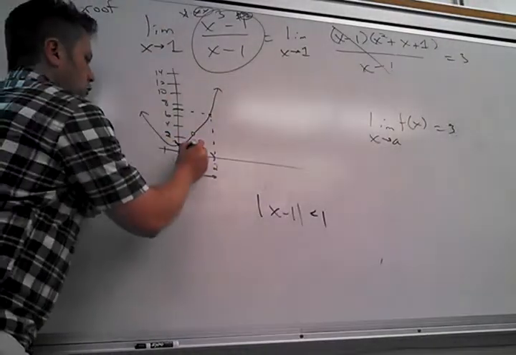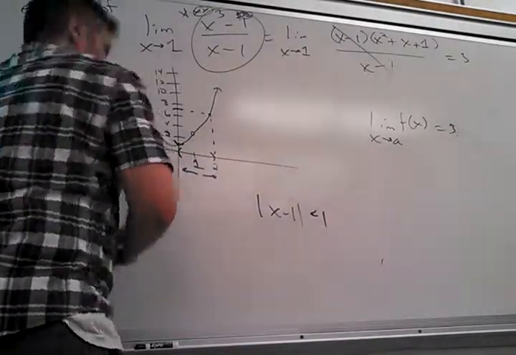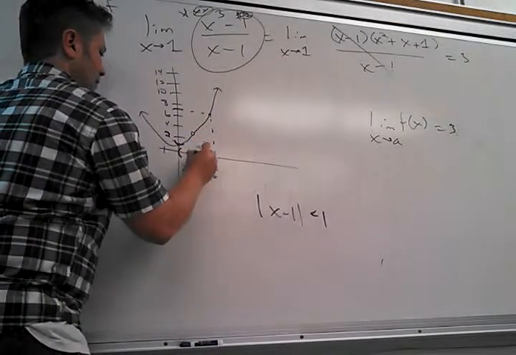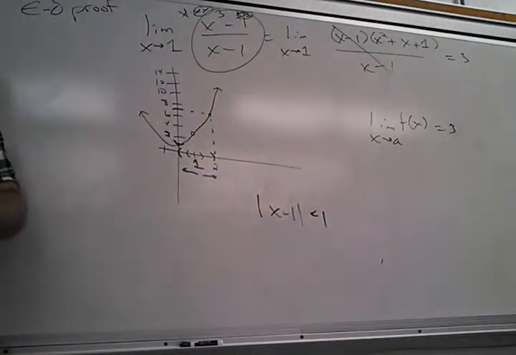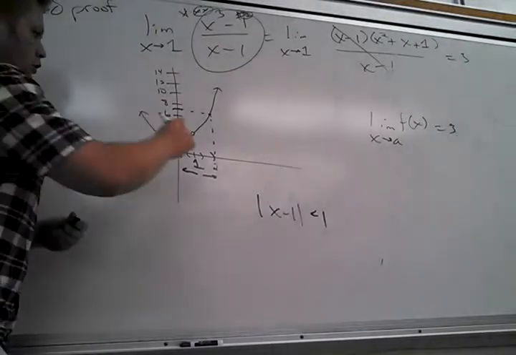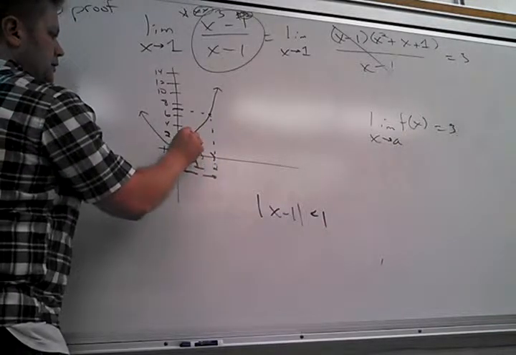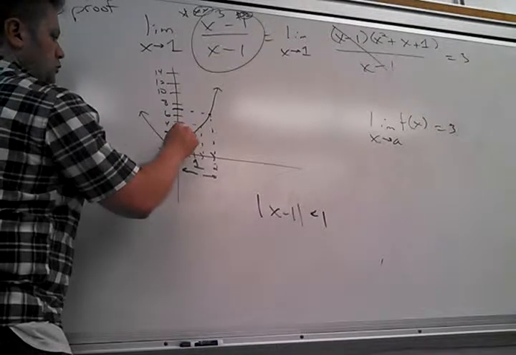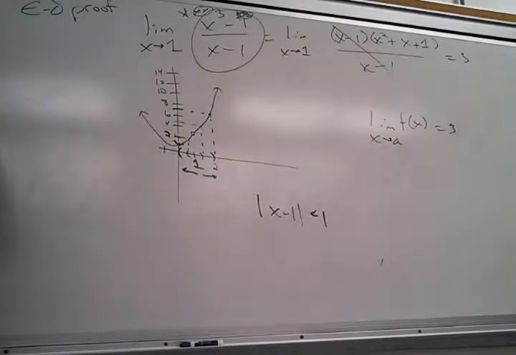So if I get closer to 1, how many colors do I have? 2. All right. If I get a little bit closer to 1, what should happen to my corresponding neighborhood? The interval should shrink, especially because this is a nice function. With the worst function, I got to get freaking close to x for this to make sense. But this is a nice function. I don't have to get crazy close. The closer I get here, so now this output is there. This output is there. Now I'm closer to my output value there.